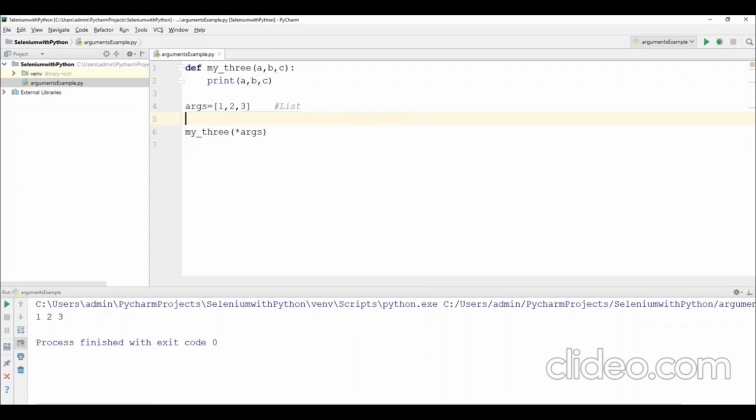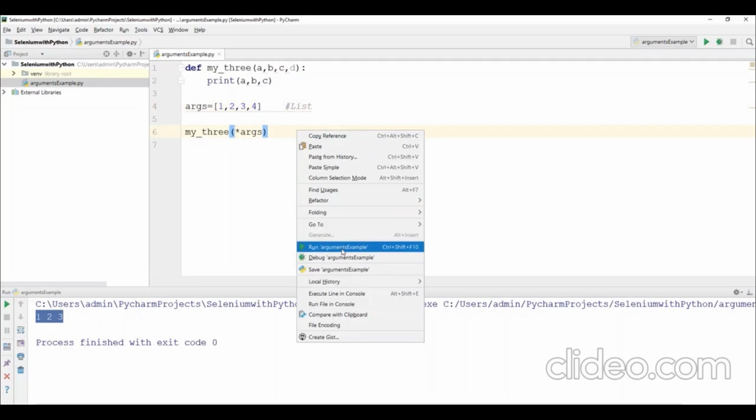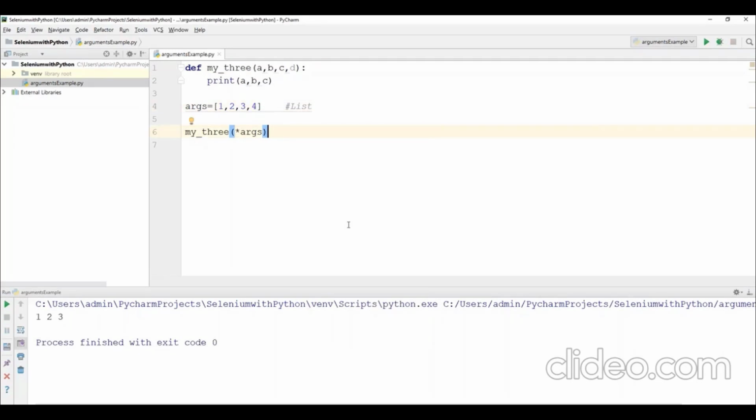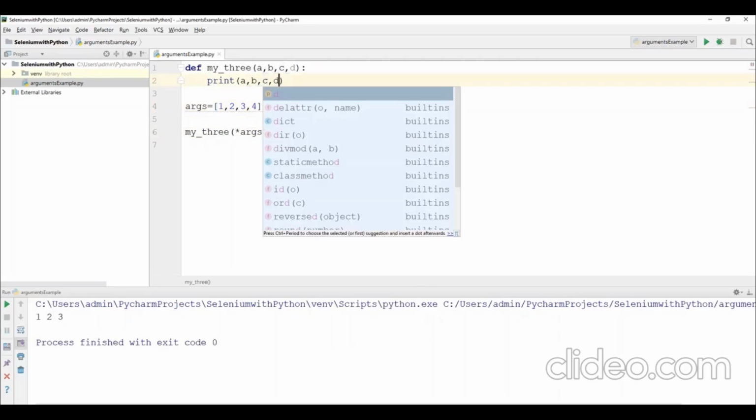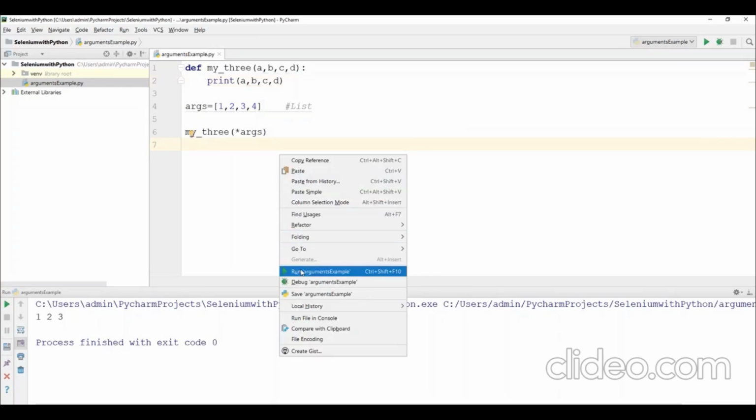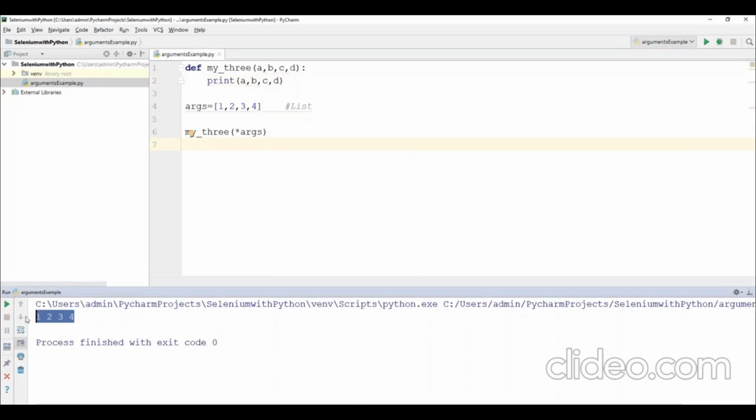Now when I run this code, it will give you 1, 2, 3. Suppose I take one more variable, let's say d here, and pass a 4 here. Then it will also print all the values. So 1, 2, 3, 4 we passed to a, b, c, d. We haven't printed d here, so let's print the d value and run this. This is one more example.